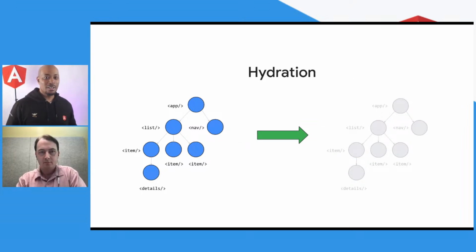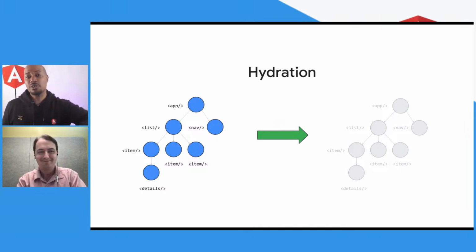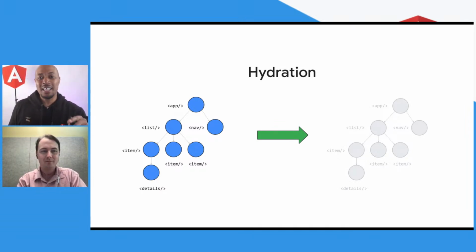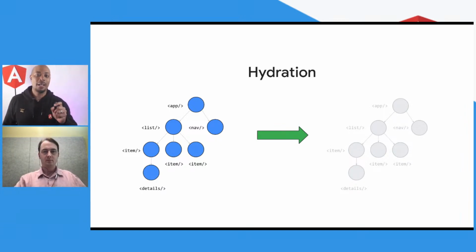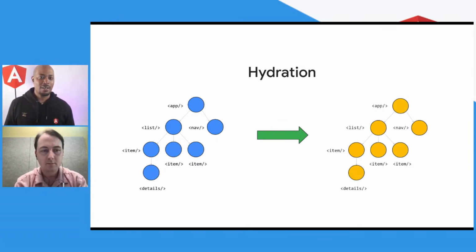But with hydration, here's what we're doing, and this is available for you right now. Instead of re-rendering everything, Angular will intelligently, using the smarts, Angular can be smart sometimes, traverse the DOM, add the corresponding event handlers, and create the data structures that make your app interactive. How fantastic is that? That's what we call hydration.